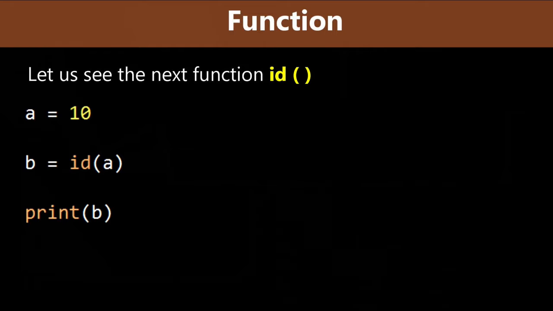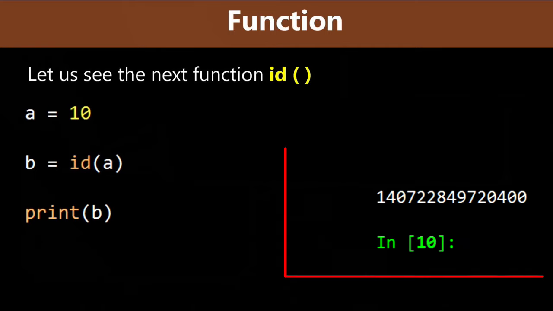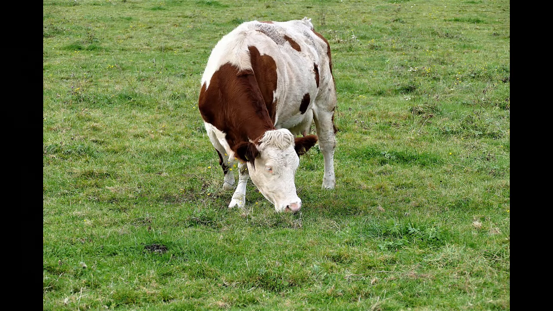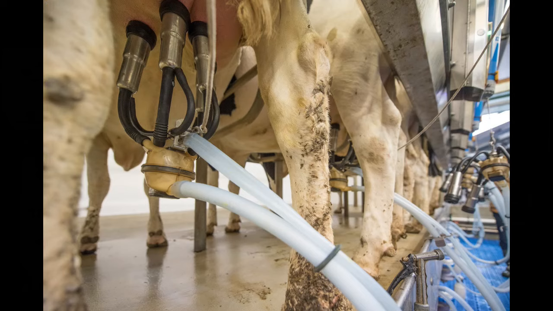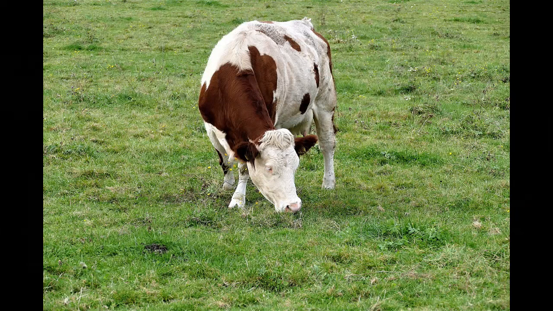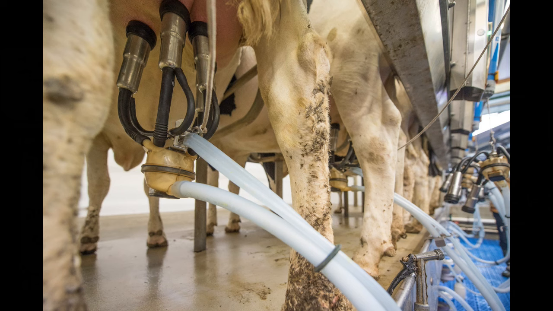The next, the print statement, again it will go to the built-in function. A big program will run on the background and you will get the output on the screen, that is the memory address. It is like a cow. We feed grass to the cow and the cow gives milk to you. A number of biological phenomena happen and the grass gets converted into milk. But we don't know. This is a function.